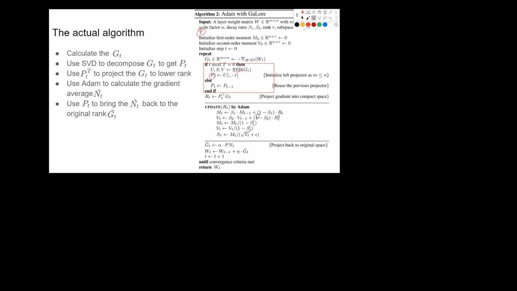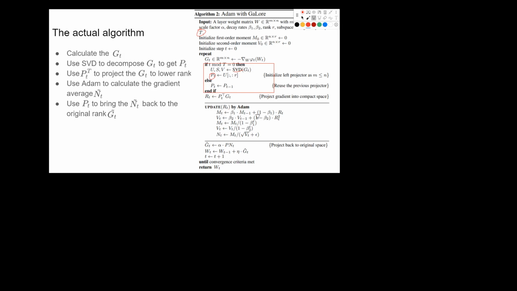Because if we do the SVD decomposition in every iteration, the overhead will be really high, and actually the performance will not be better. We can see the experiment results later. So we will choose a good period according to the experiment results. In the results, I remember that it said that we can choose any number between 50 and 100. In this range, the performance will be very similar.